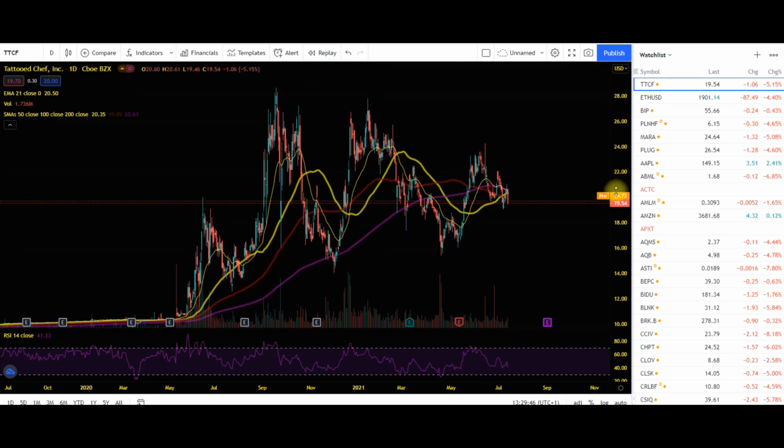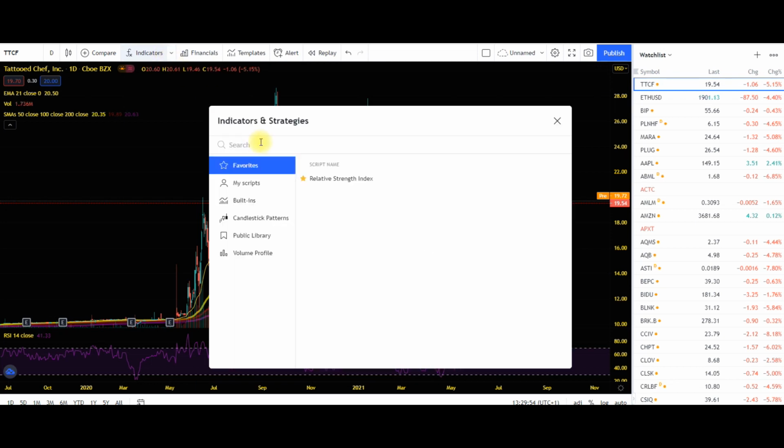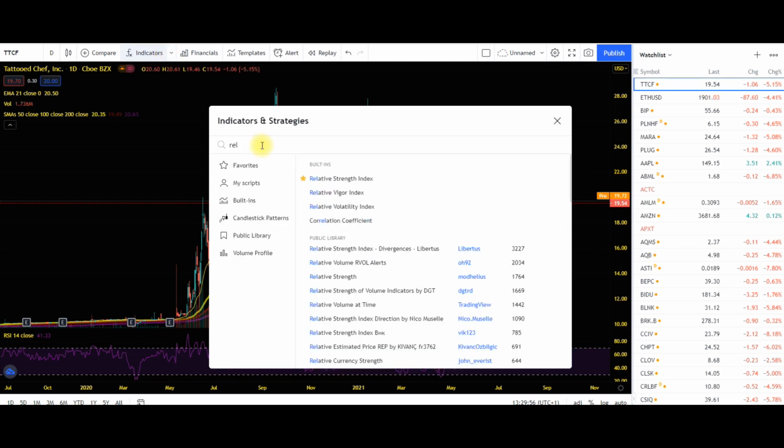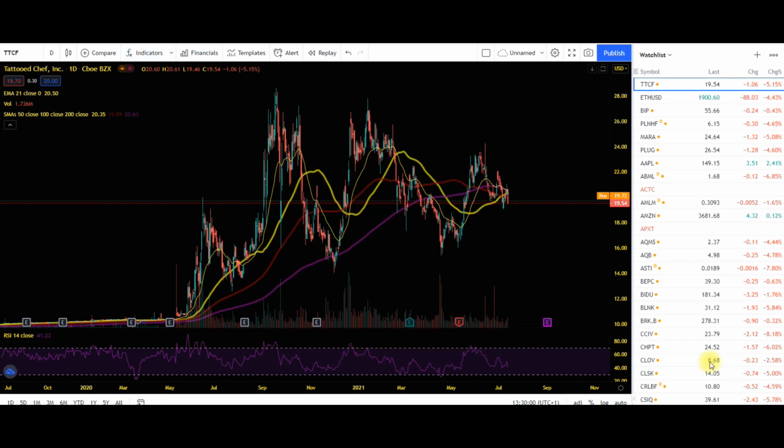Now the first thing I do, guys, is I add in an indicator up here, which is on this icon there. Now I click on this and I use the relative strength index, and then once I have found the relative strength index, I would actually add this. You can see it has been starred because it's a favorite of mine, and then it will actually show up down here. Now the relative strength index, guys, allows us to see the price fluctuations of certain movements of stock,